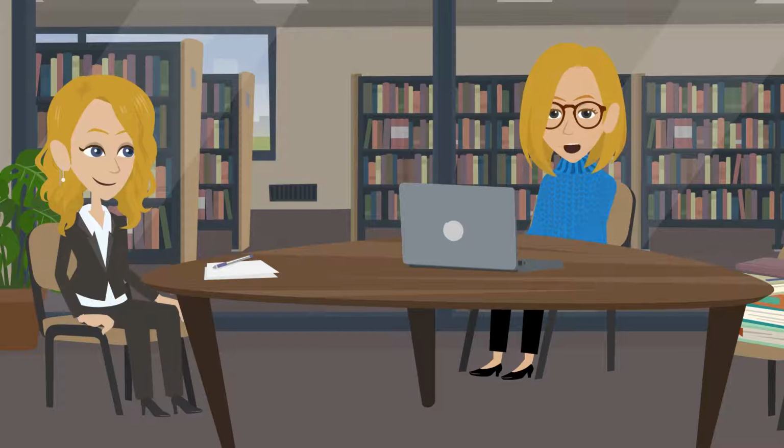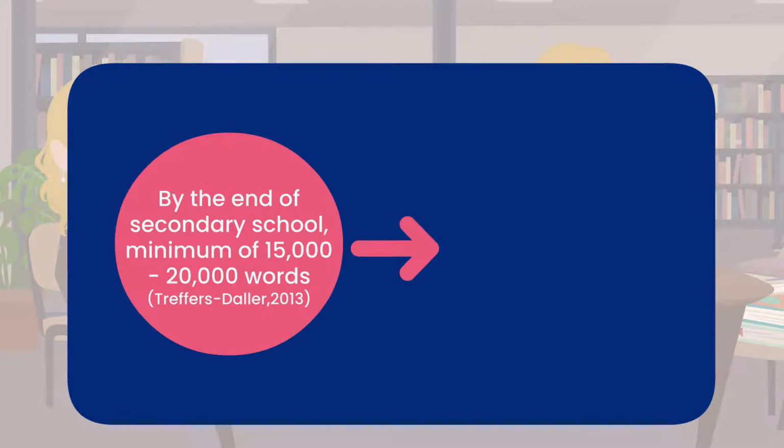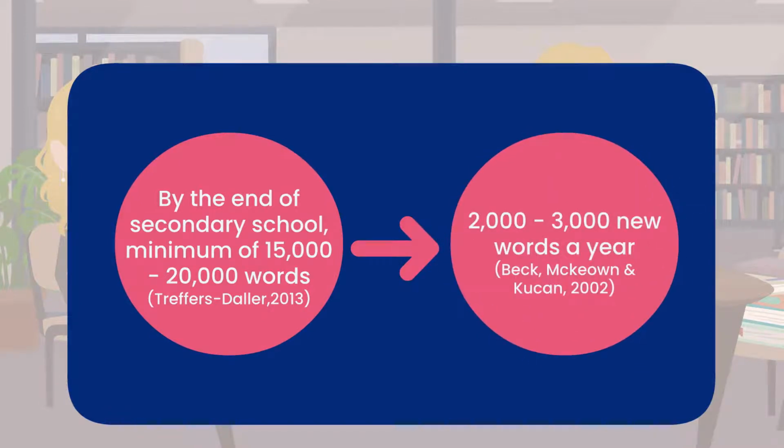Bedrock Mapper, our innovative disciplinary literacy tool, helps learners to grasp and fully understand the meaning of words to ensure that they can access the curriculum. By the end of secondary school, learners need a minimum of 15,000 to 20,000 words in their vocabulary. The challenge here is not only teaching these words, but also making sure that learners don't forget them. Mapper, with its unique algorithm, solves this problem by providing a platform for learners to learn more and remember more